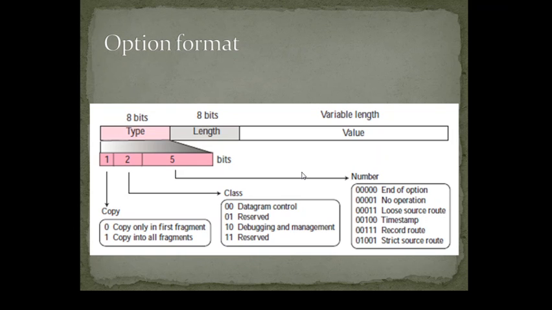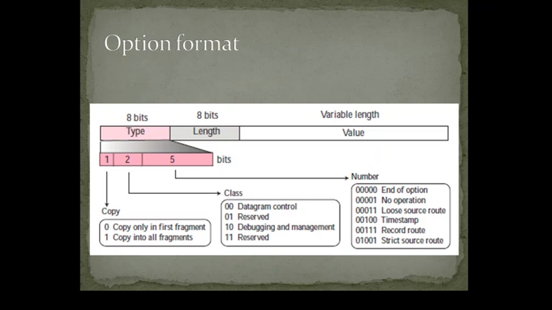So now we are going for the option field. We understand that there is a maximum size of 60 bytes and a minimum of 20 bytes for the IP header. So the IP header is of 20 bytes and the rest is the option field, 40 bytes, 0 to 40. So the option field is optional, we understand. So what actually do we keep in this optional field? We will have to understand that in this optional field we will try to keep optional things if at all required.